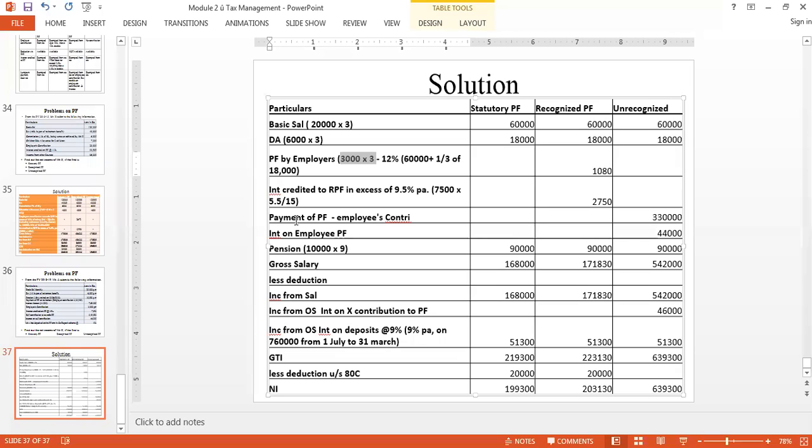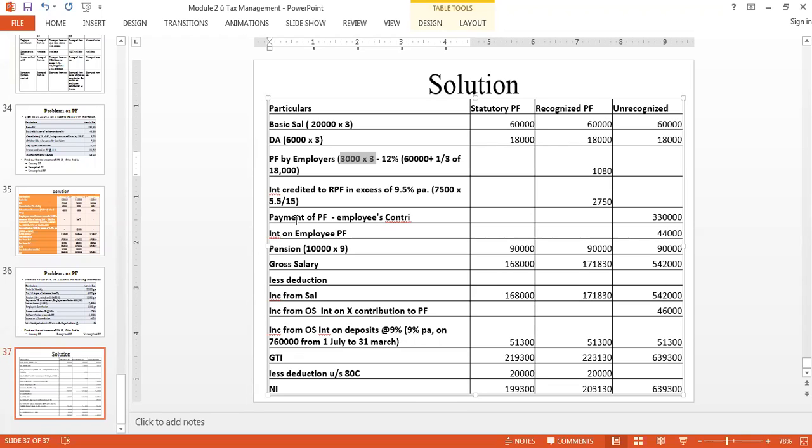Why I have taken one third is because whenever an employer is contributing, we have to check whether this amount of contribution that the employer has made is more than 12% or less than 12%. To check that, we have to compute his salary according to PF calculations. According to PF calculations, salary is nothing but your basic salary plus DA, which forms a part of your retirement benefit, plus a fixed percentage of commission achieved by the employee. Here we don't have commission, so we'll leave that, but we have DA and we have salary. So we are going to take only one third of the DA that has been received.